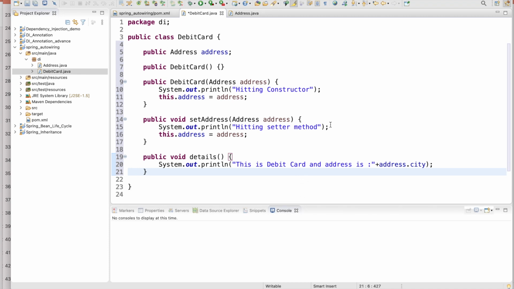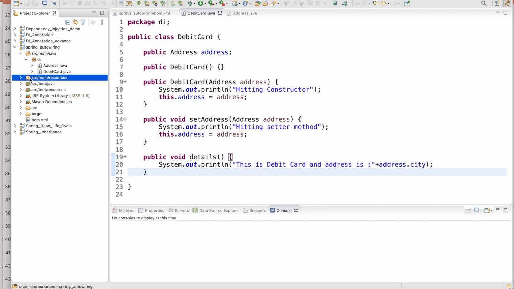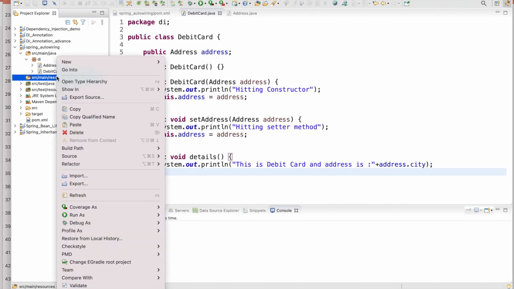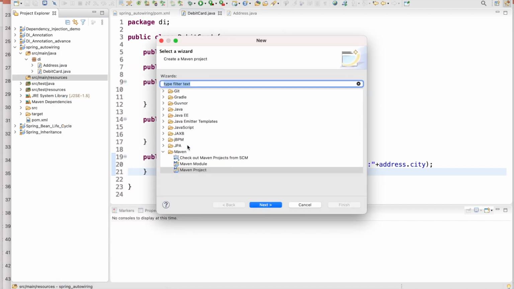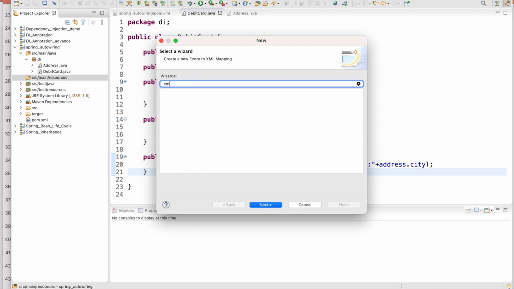Once you have done it, now how do you make the object, the bean? We should have one XML file inside the resources, which I have explained in detail in the previous video. I recommend you visit it. Create one XML file.